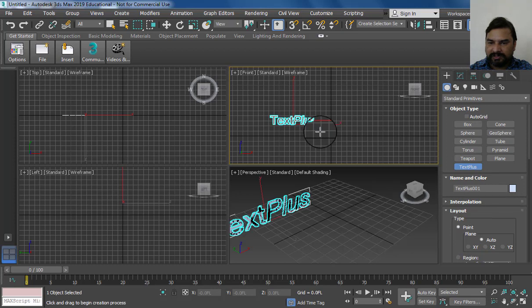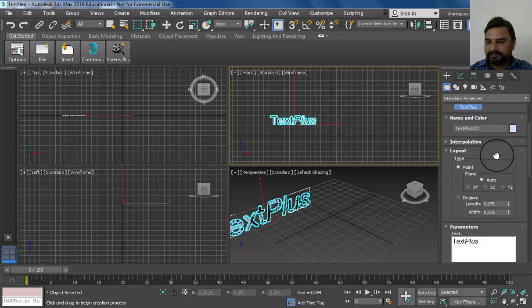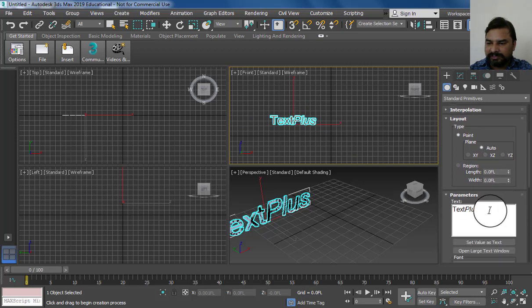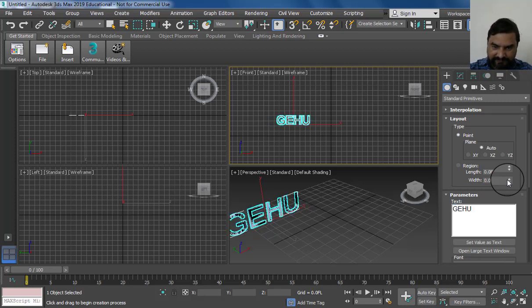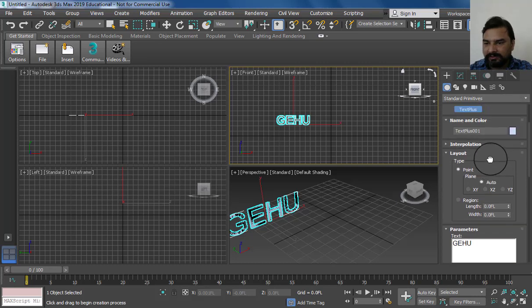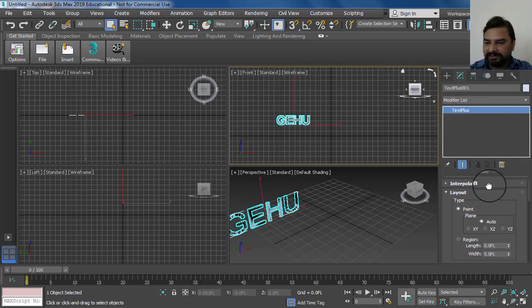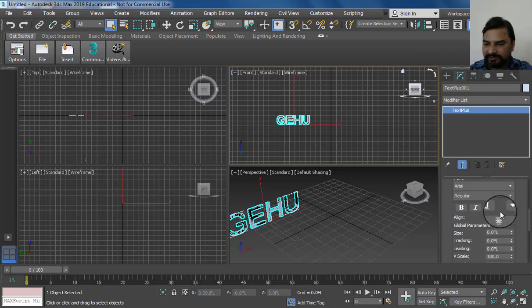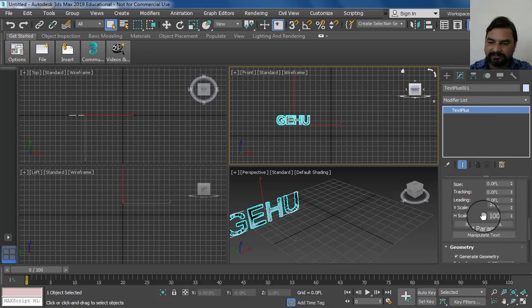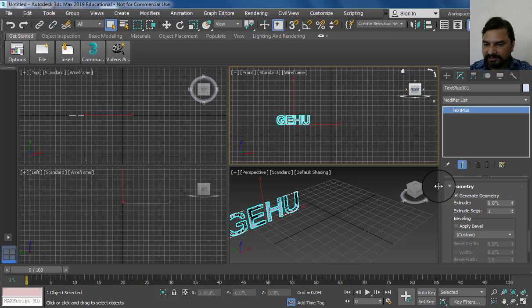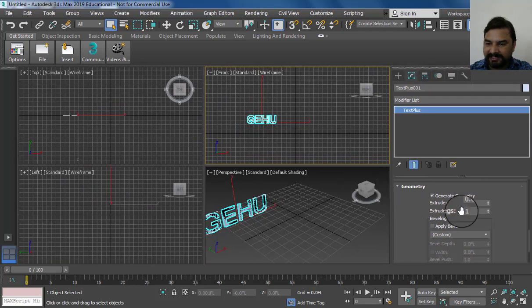Then change your text title. I can use GHU. Then go to the modifier panel, where there are options to change the text format, size and other things.